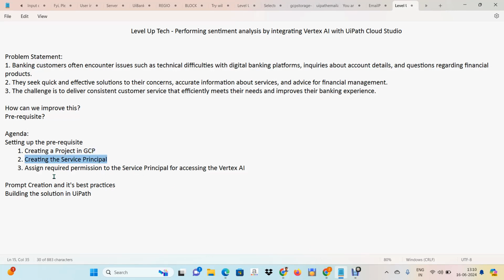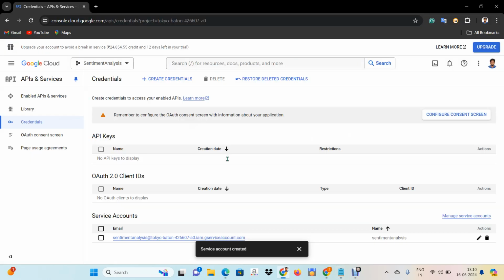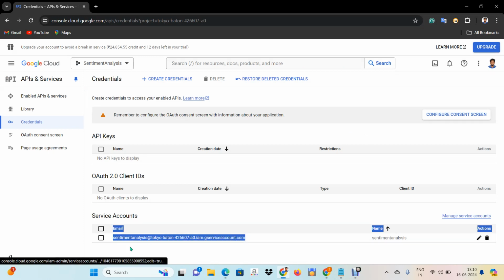What is our third step? Assigning the required permission to the service principal, right? Why do we need to assign the permission? Because if we want to hit Vertex AI, some permissions need to be given to the service account. Then only you would be able to access Vertex AI using the service account. So how can we do that? Here you can see this is the service account which was created. I'm going to copy this